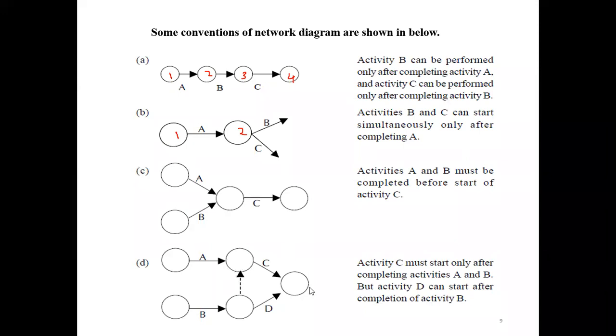Then C starts. Sometimes an activity will be stated the other way. If C starts only from A and B, and D starts from B, then you first complete C, and from bottom upward you can draw the dummy activity. I think you will come to know it very easily when you start with an activity. Okay, I will explain with some activities. Don't worry.